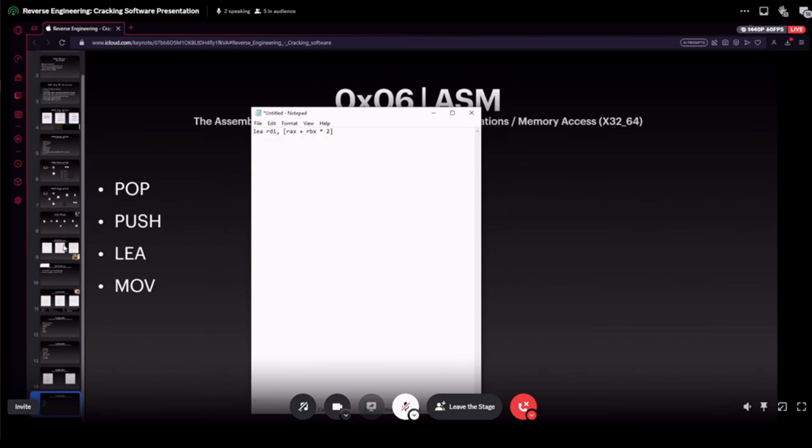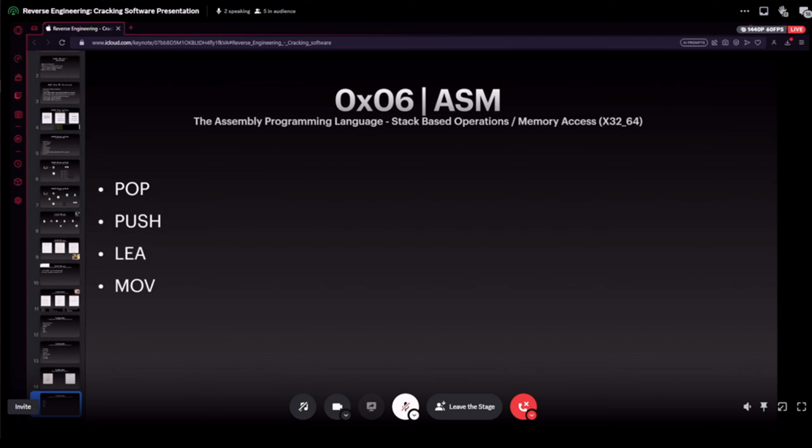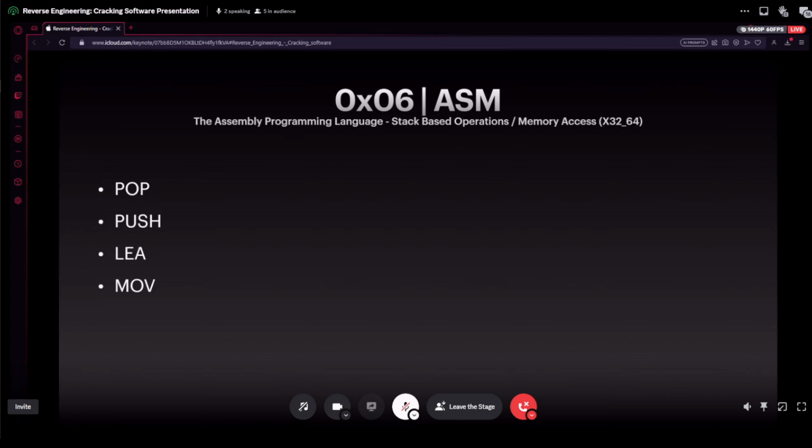So as far as actual assembly instructions go, that is pretty much it for this part, as what I have for this presentation. I felt like I could have explained it a little bit better, but just to sum up, this part of the presentation was about getting you